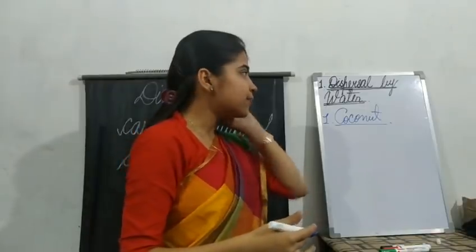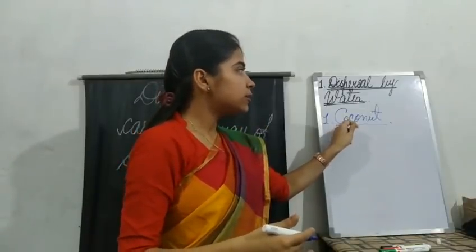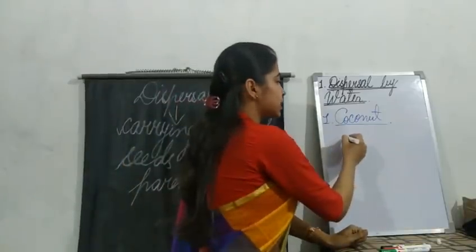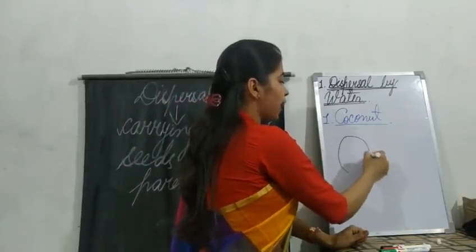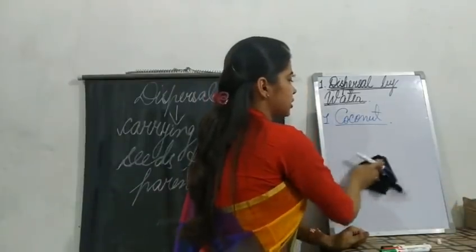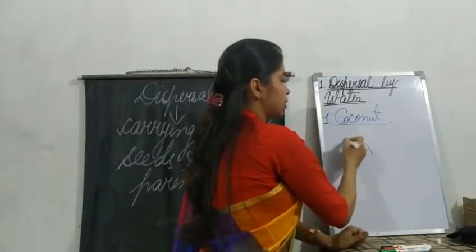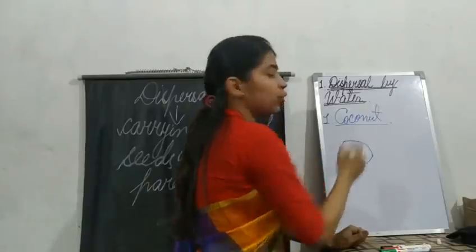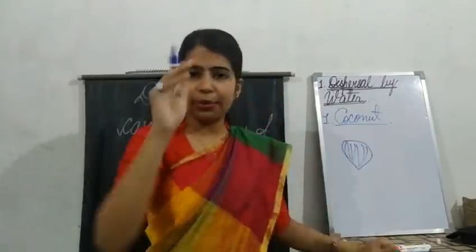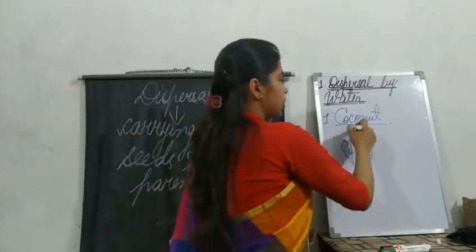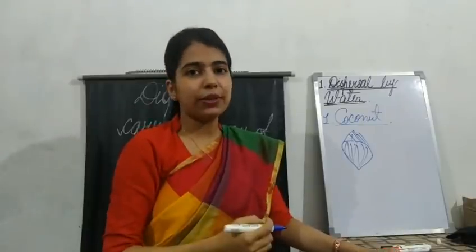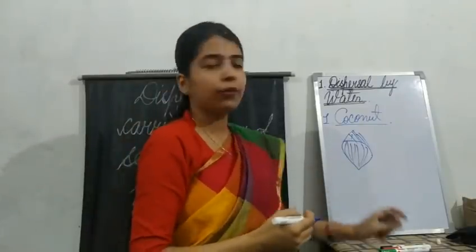So what happens? The fruit, meaning the coconut, is covered with fibers. If you see the coconut seed, the seed is only the part that you are eating. The coconut seed is covered with fibers, the brownish cover you see on the coconut, isn't it? What is the benefit of these fibers?